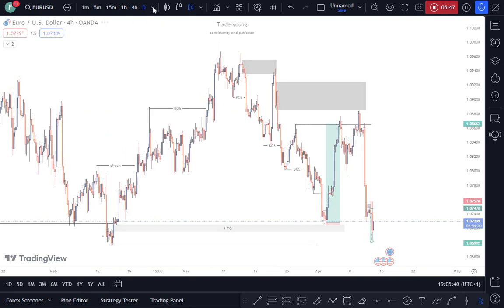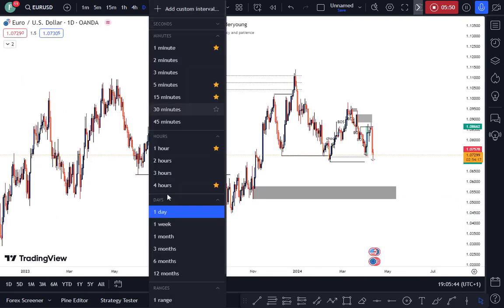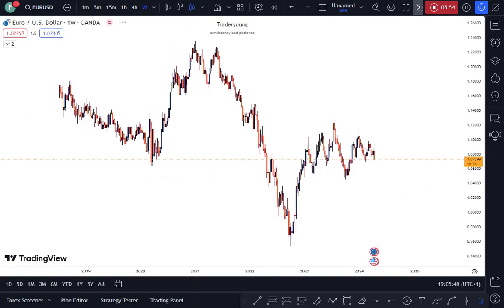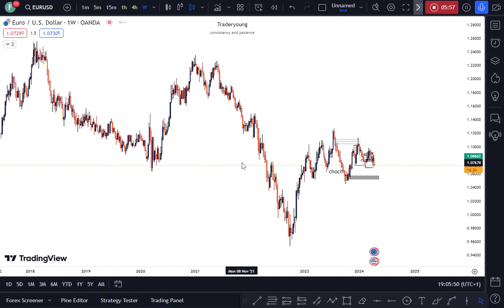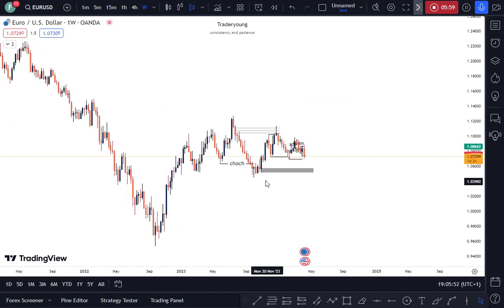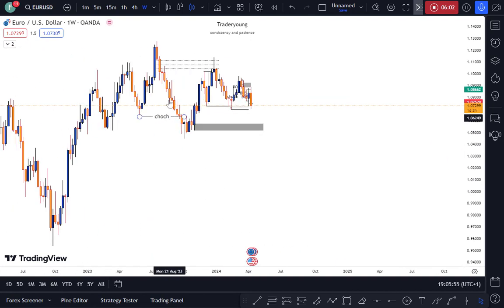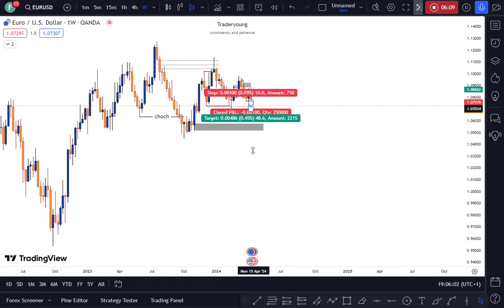Okay, so for Euro USD, same thing. We are still bearish. From the weekly time frame, we still have this price doing this change of character, reacted to this, came down, went back up to this point of interest here, weekly time frame. If you remember the other time I said ultimately we are still looking to go deep at least to this level first. Then if we break, we can then see something like this,